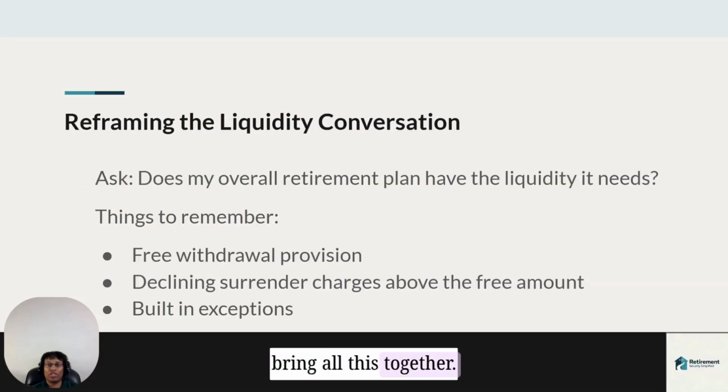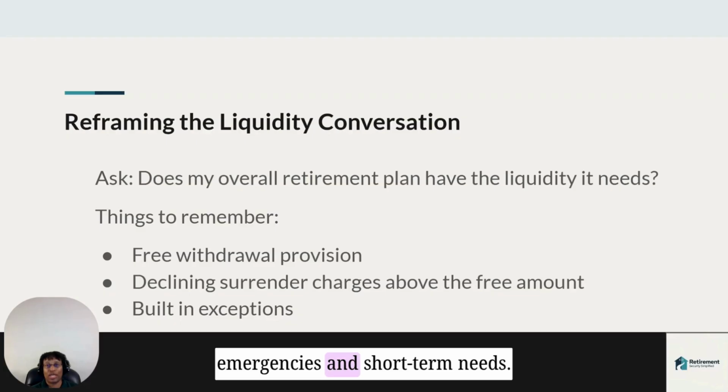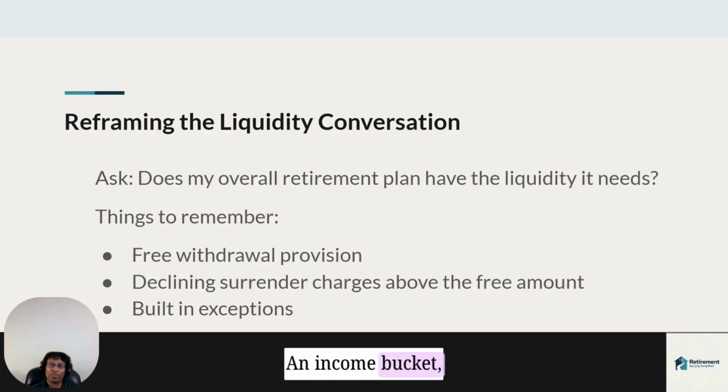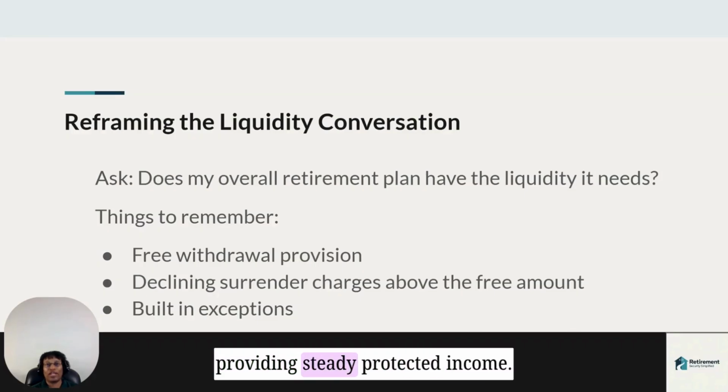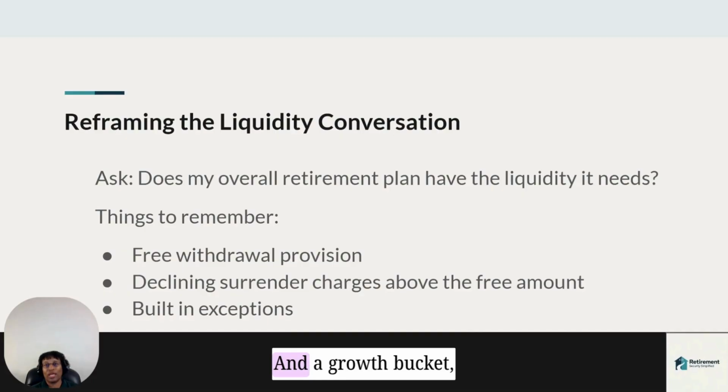So now I'll bring all this together. The question most people ask is, can I get all of my money out of an annuity whenever I want? That's the wrong question. The better question is, does my overall retirement plan have the liquidity it needs? Think of your retirement money in three buckets: a liquid bucket, cash and savings for emergencies and short-term needs; an income bucket, Social Security, pension, and often an FIA, providing steady, protected income; and a growth bucket, market-based investments doing